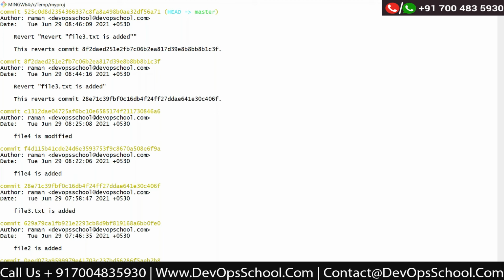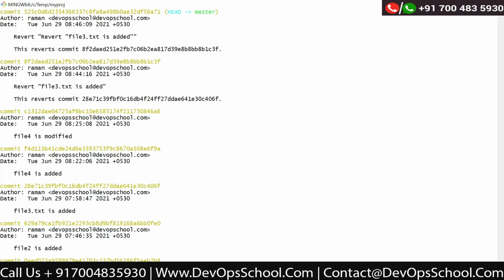But if, for example, like file3.txt, you think it is not required, then you just revert. If you want previous commits to be reverted back, then you can go with the revert. And if you want to undo the recent ones without tracking the commits, then go with the reset command.